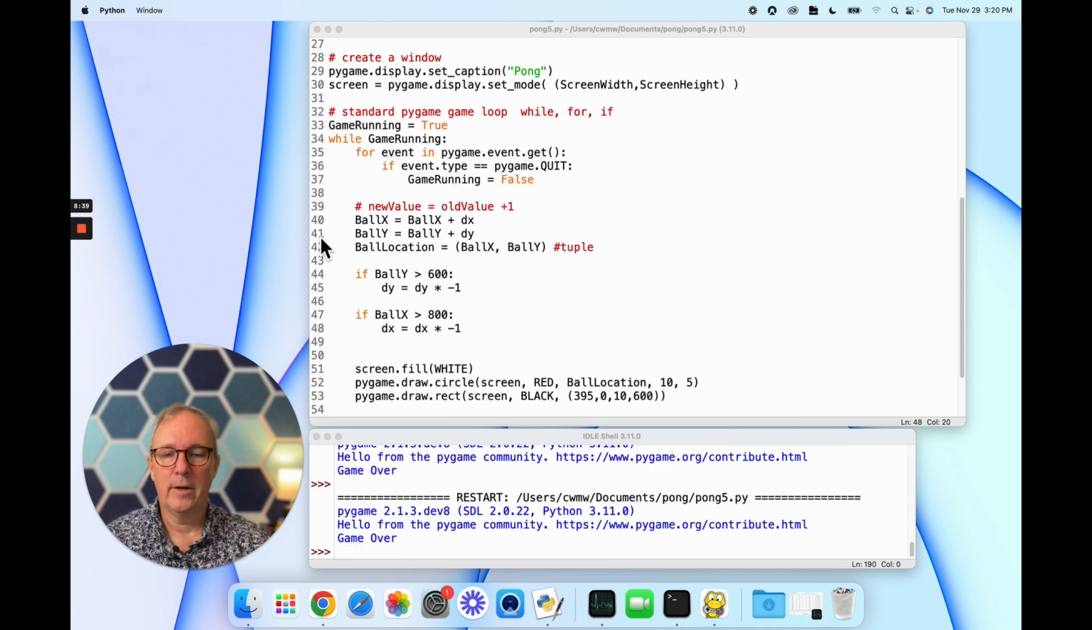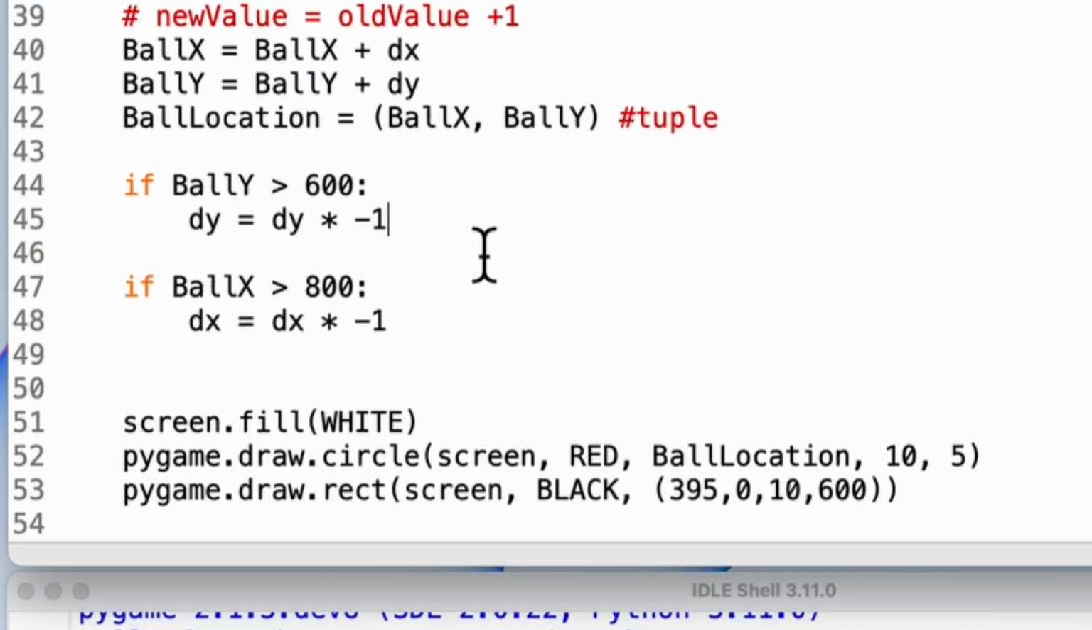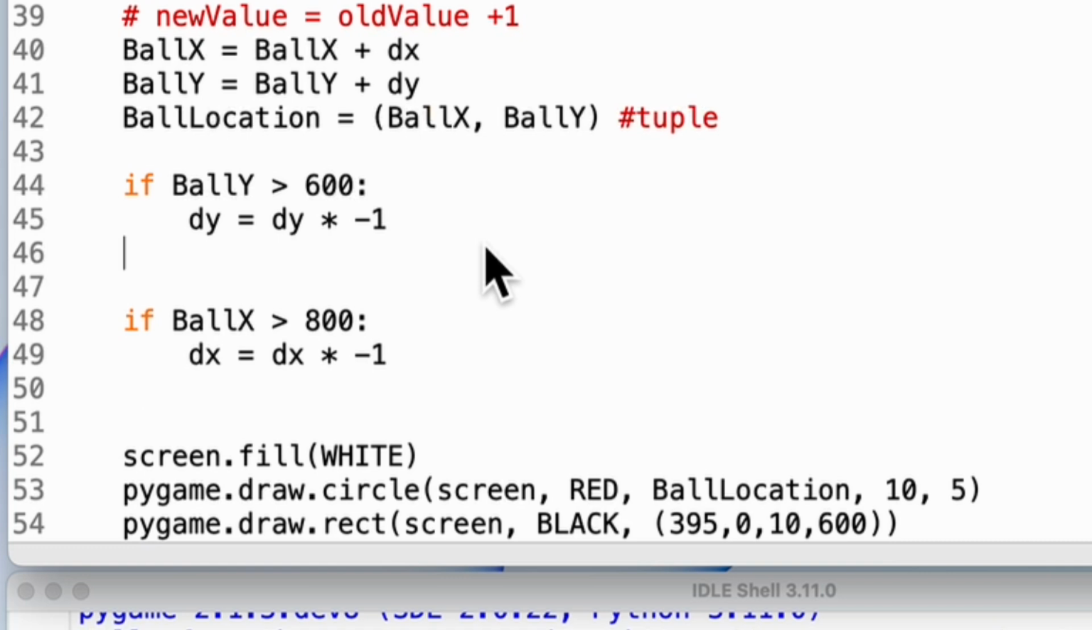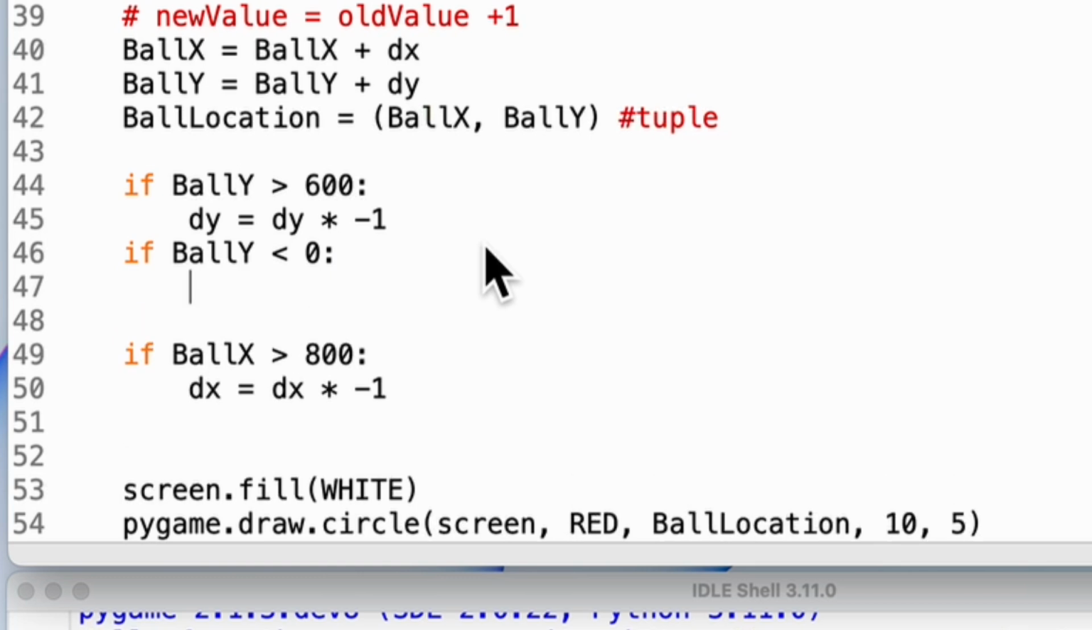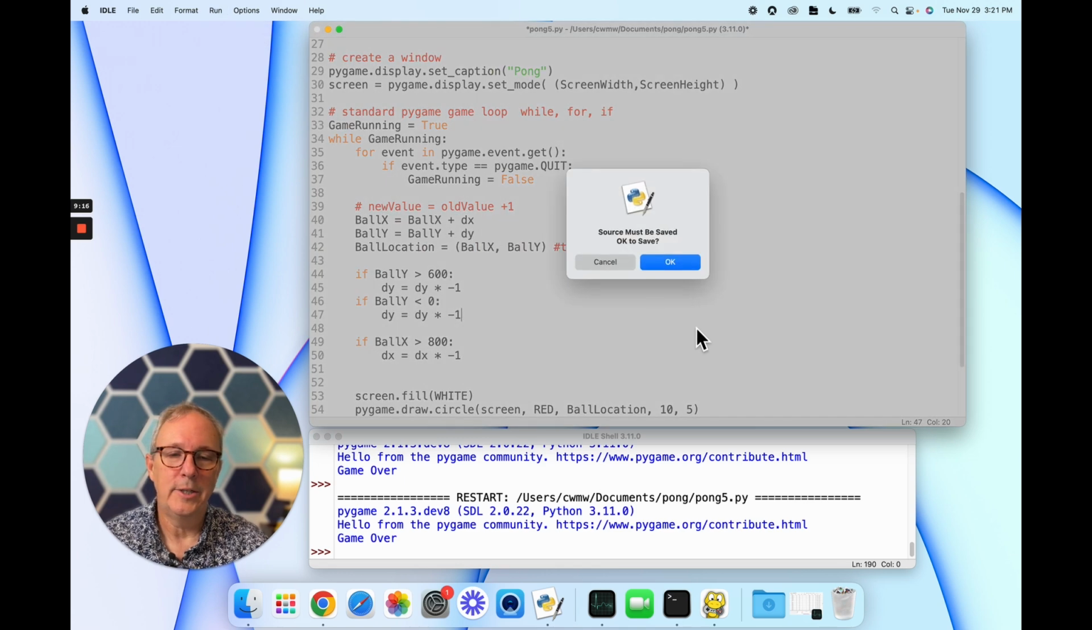Now, here I'm going to show you something that's kind of cool. I'm going to put here, if ball y is less than 0. In other words, the ball y has now gone off the screen. It's like negative 1, negative 5, negative whatever. Then I'm going to say dy equals dy times negative 1, okay? So let's hit run on that one, and you will see